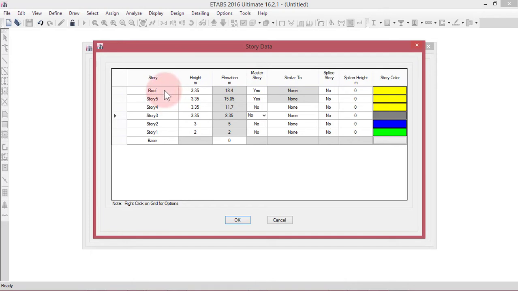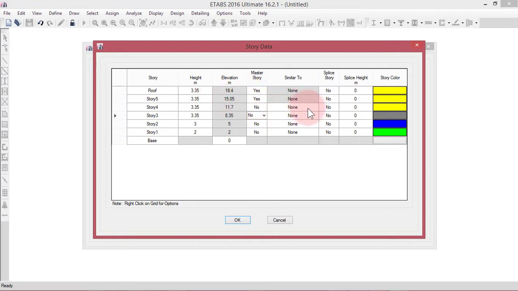That means these are the two typical stories we have, and all other stories are similar to these stories, either story 5 or roof. So now we can make other stories similar to story 5 or roof.